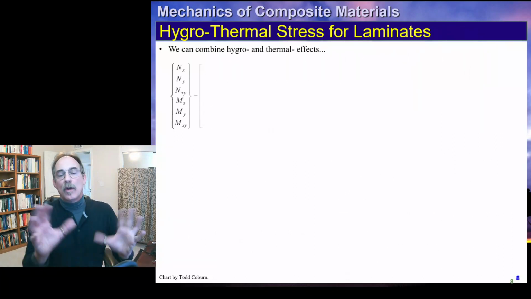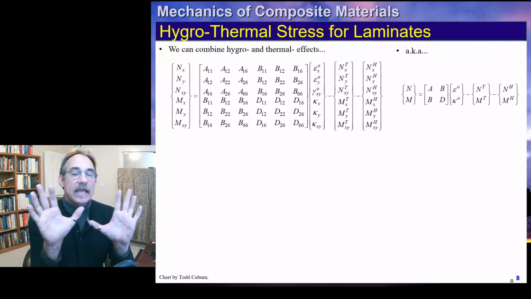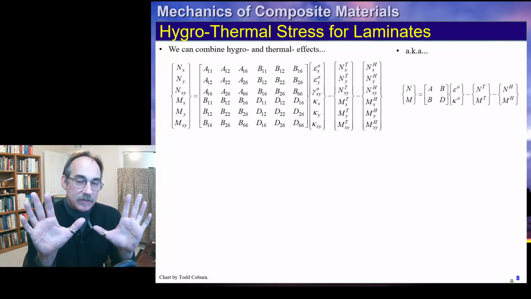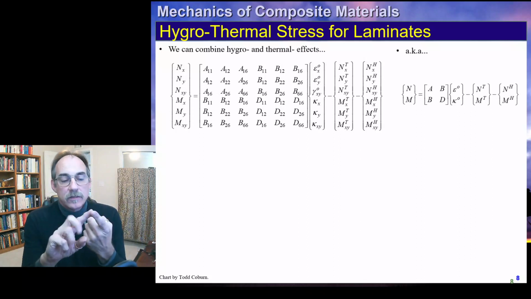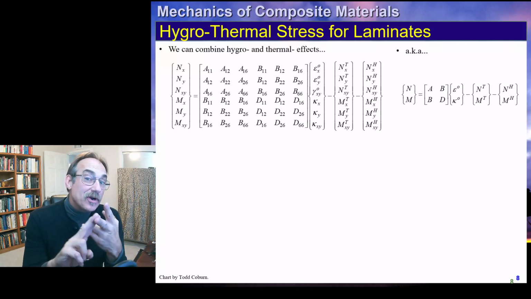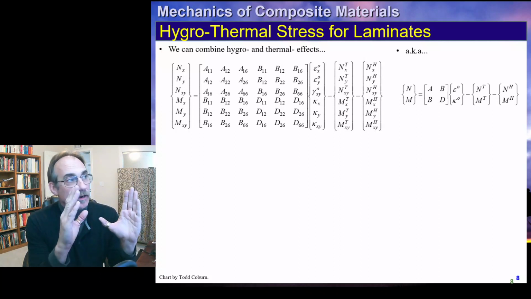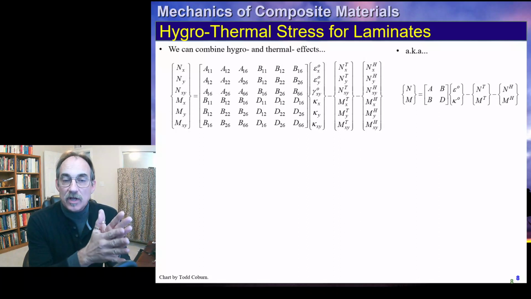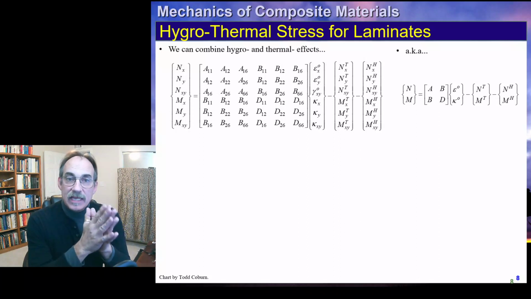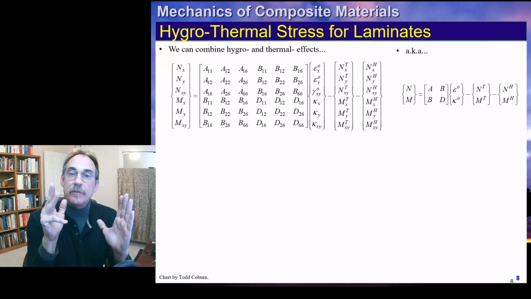We're now ready to combine these effects. So if we want to evaluate a composite laminate for external load coupled with moisture coupled with thermal effects, we can write the total relationship like this. The running loads and moments on the element are going to be equal to that ABBD matrix times the midplane